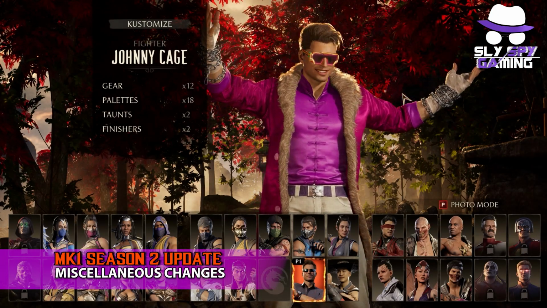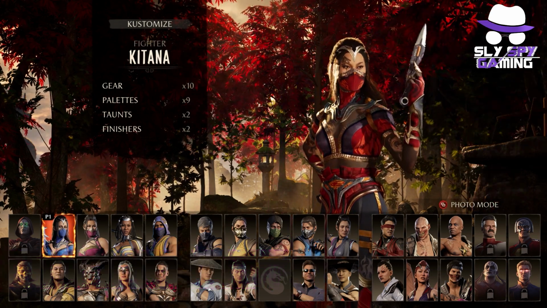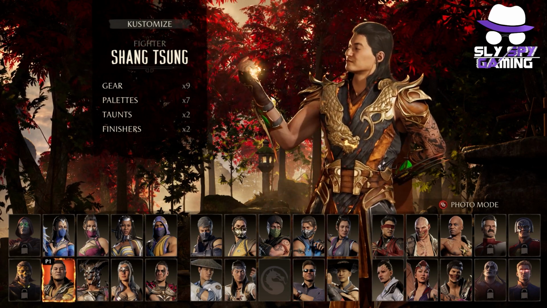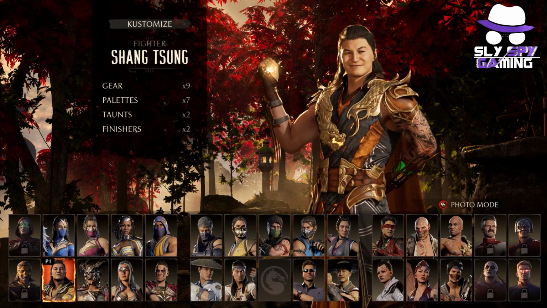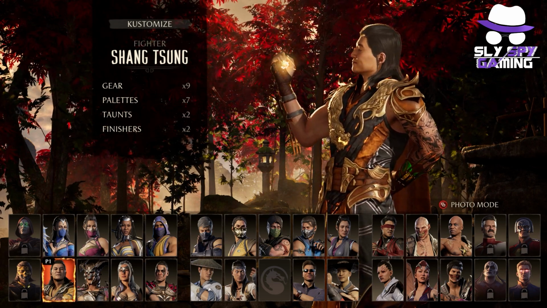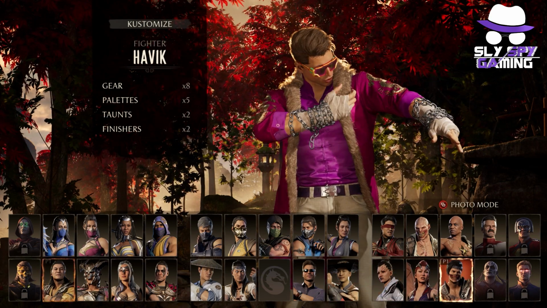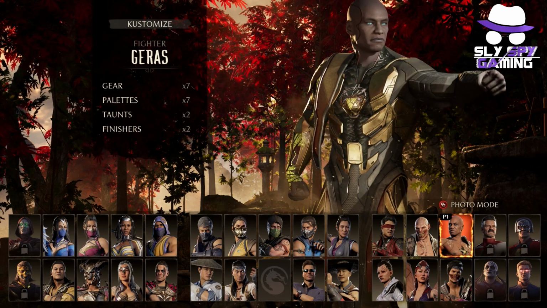Moving on to some of the changes that they didn't even mention in the patch notes for this update, we'll start here with the character screen. One of the big changes that I saw when I finally came into the game after the new update, as you can see, is that they've actually added all of the DLC fighters that are going to be coming out in Combat Pack 1 onto this screen. Unfortunately, you can't actually go to those characters, and I know it shows that Omni-Man is still locked, but